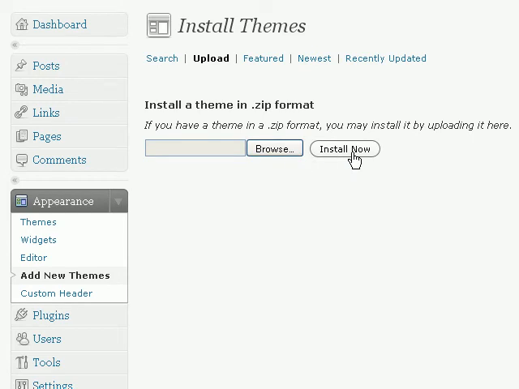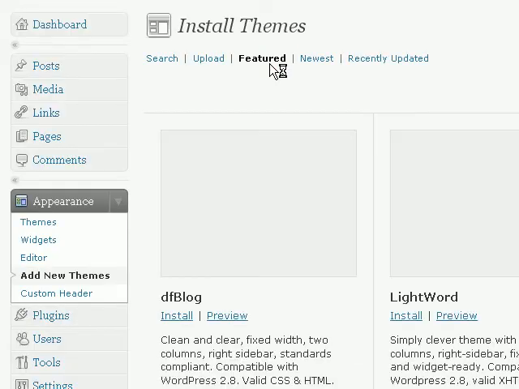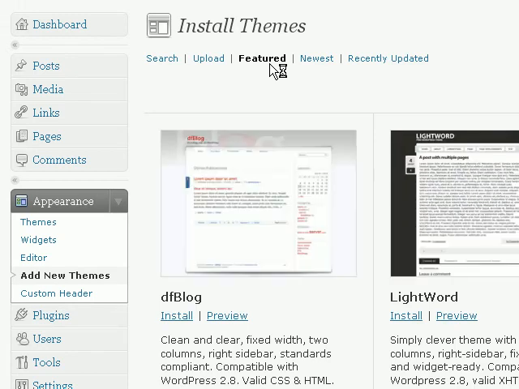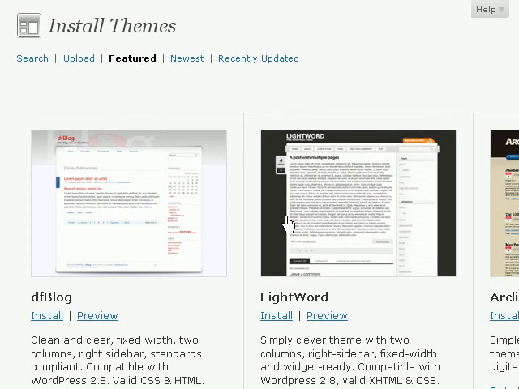If you're not sure what theme you want and you just want to browse around for some of the available themes and make your selection that way, you can also select from either featured WordPress themes, the newest WordPress themes, or WordPress themes that have been recently updated. So since I want to find themes that are popular and are probably used by a lot of people out there, I'm going to click on featured. Okay, so now this is the list of all the featured WordPress themes,